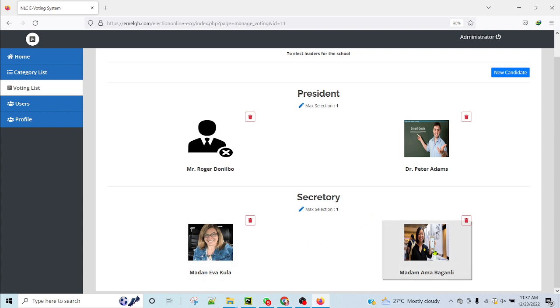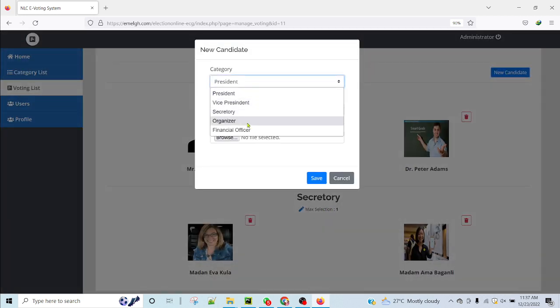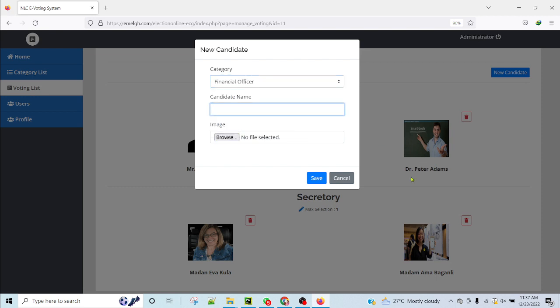Now, another scenario that can happen is if a candidate is standing unopposed. So nobody is competing with that candidate. How do we vote a yes or no for that candidate? So I want to do that for a particular category. So add candidate. Let's say that candidate is standing for financial officer, and is so good that nobody wants to even waste the time competing with that candidate. So we first of all put in the candidate's name. Let's say the candidate is myself, Cecil Doche,